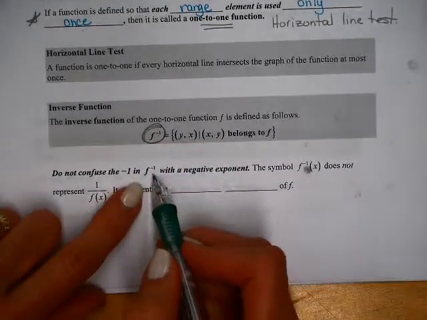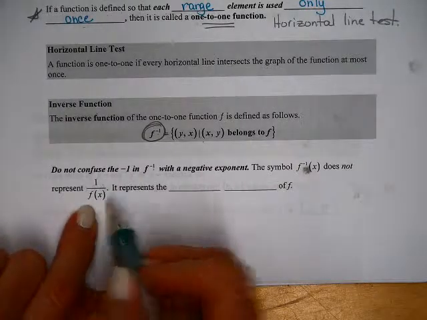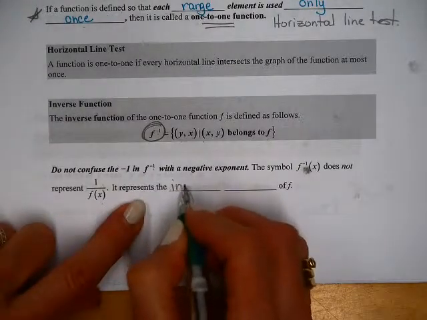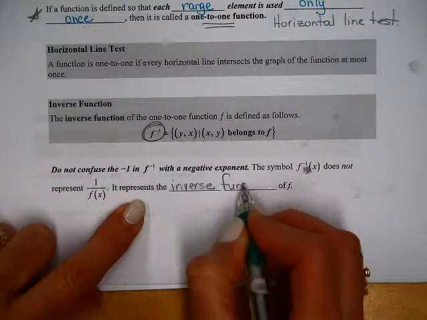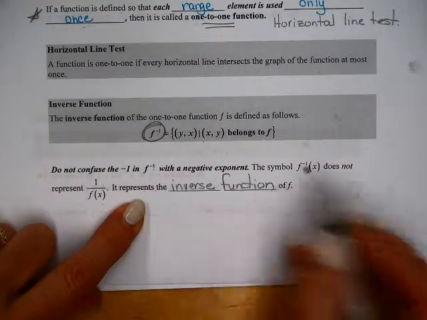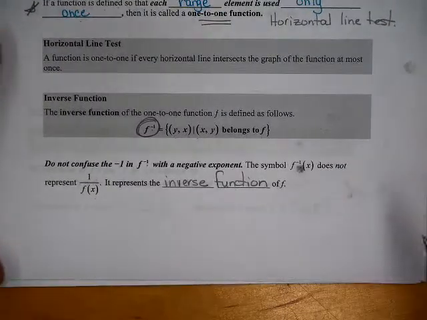Now please remember that this little notation does not mean 1 over your function. It represents the inverse function of f. And only a special class of functions, only one-to-one functions, will have inverse functions. Okay? Now, that being said,